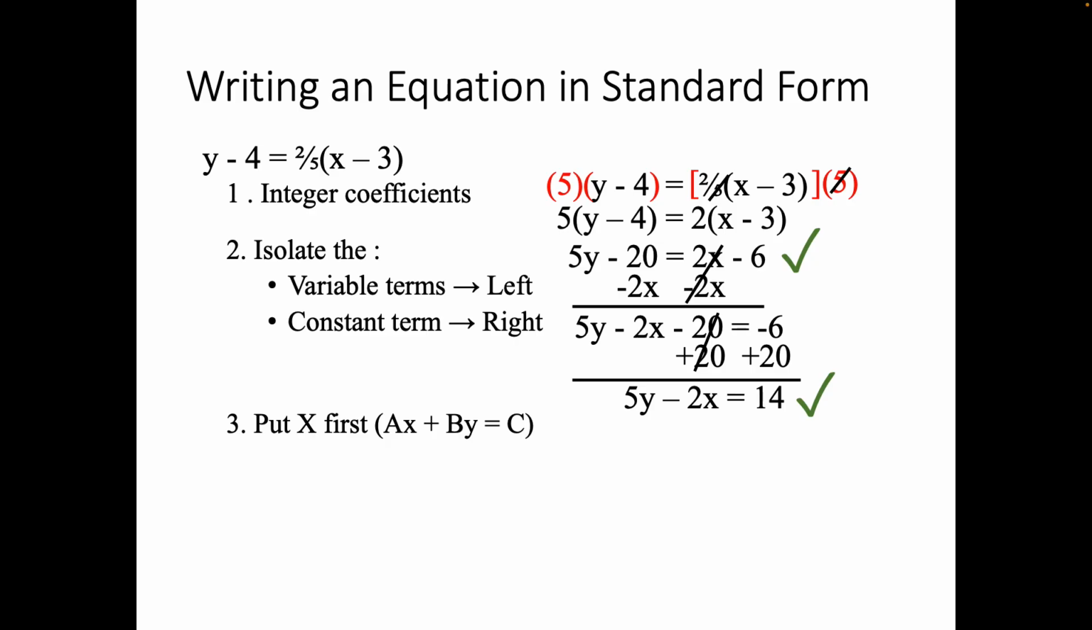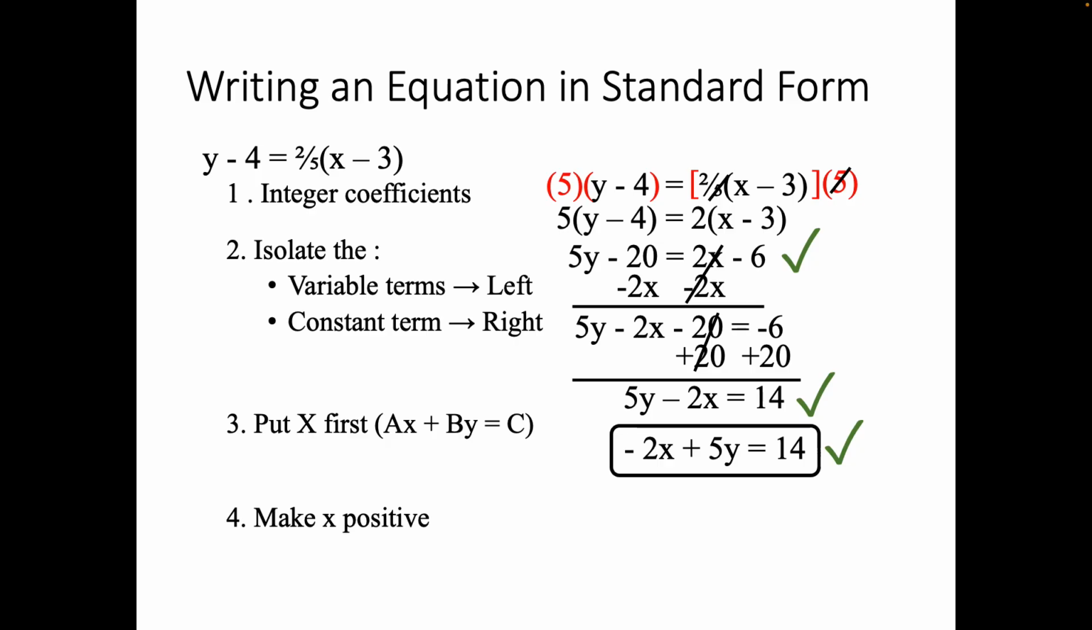The third thing we need to do is make sure we put x first. So I'm just going to flip that. I'm going to flip 5y and negative 2x around, so it's negative 2x plus 5y equals 14. And we're done there. So technically, again, this is in standard form, but by convention, we like to make x